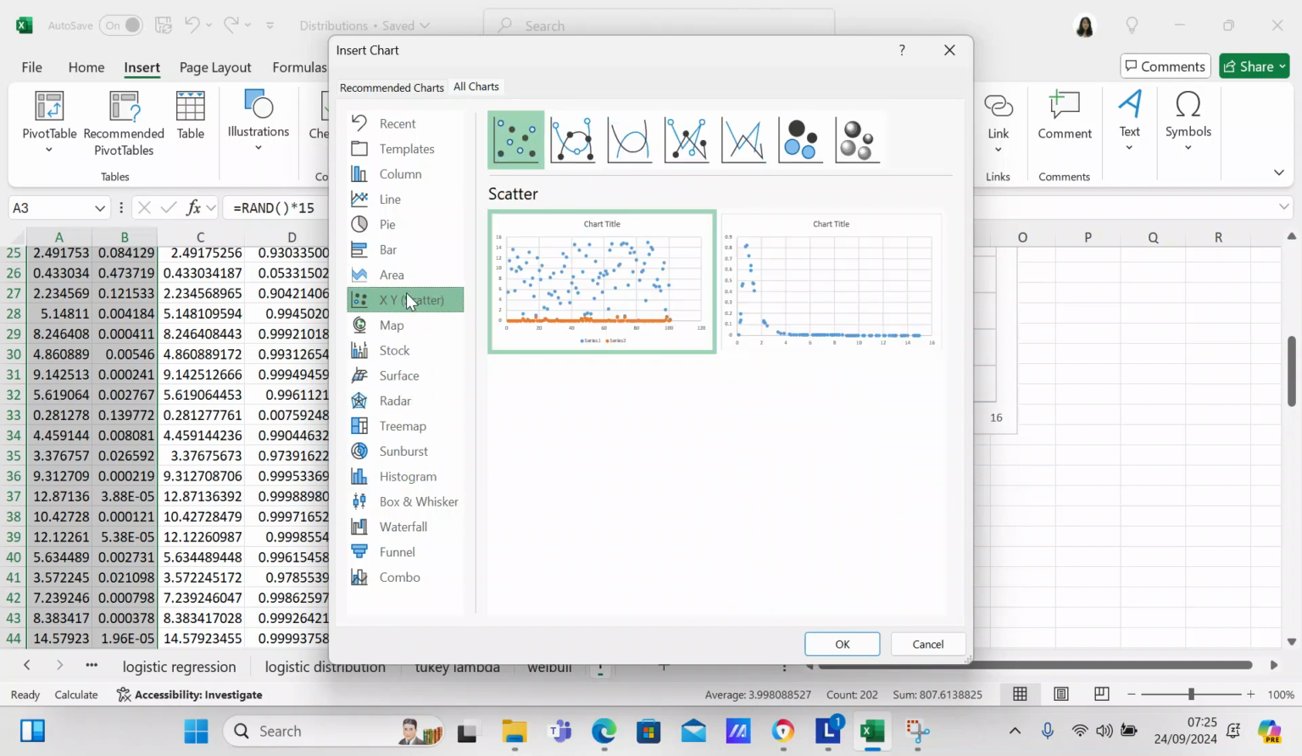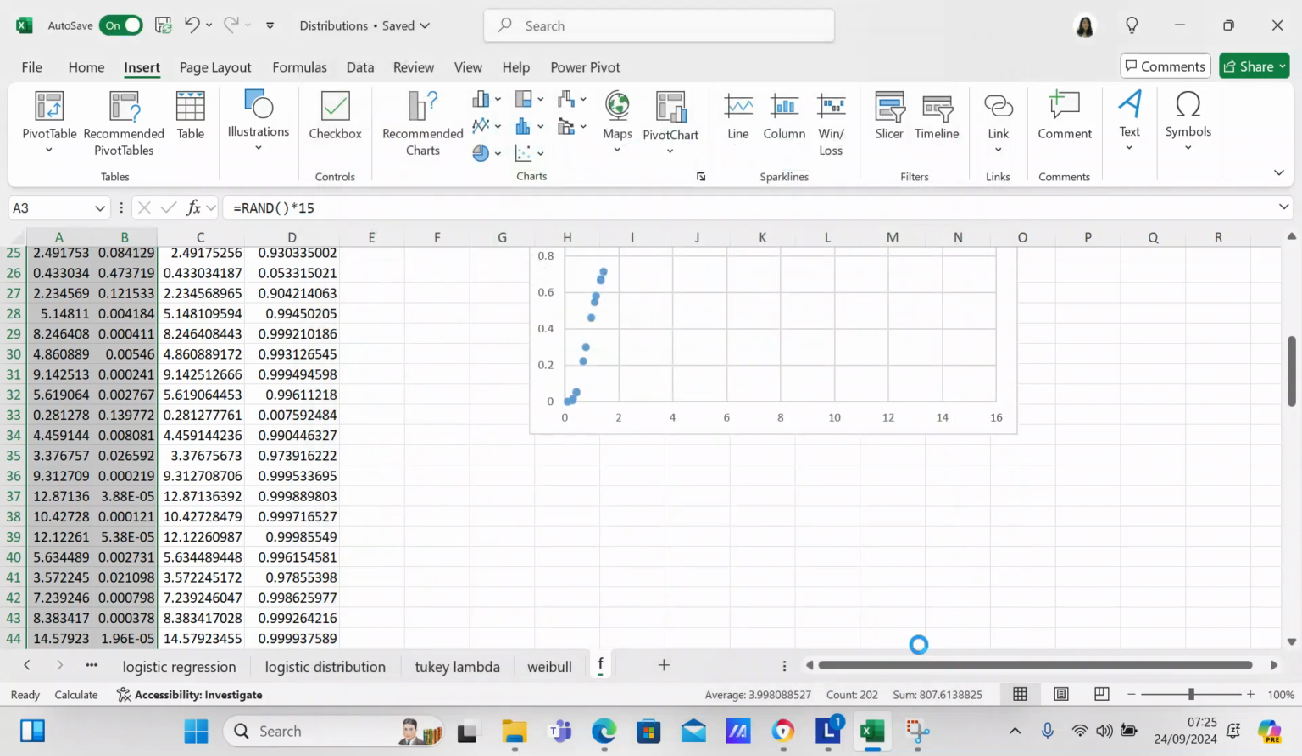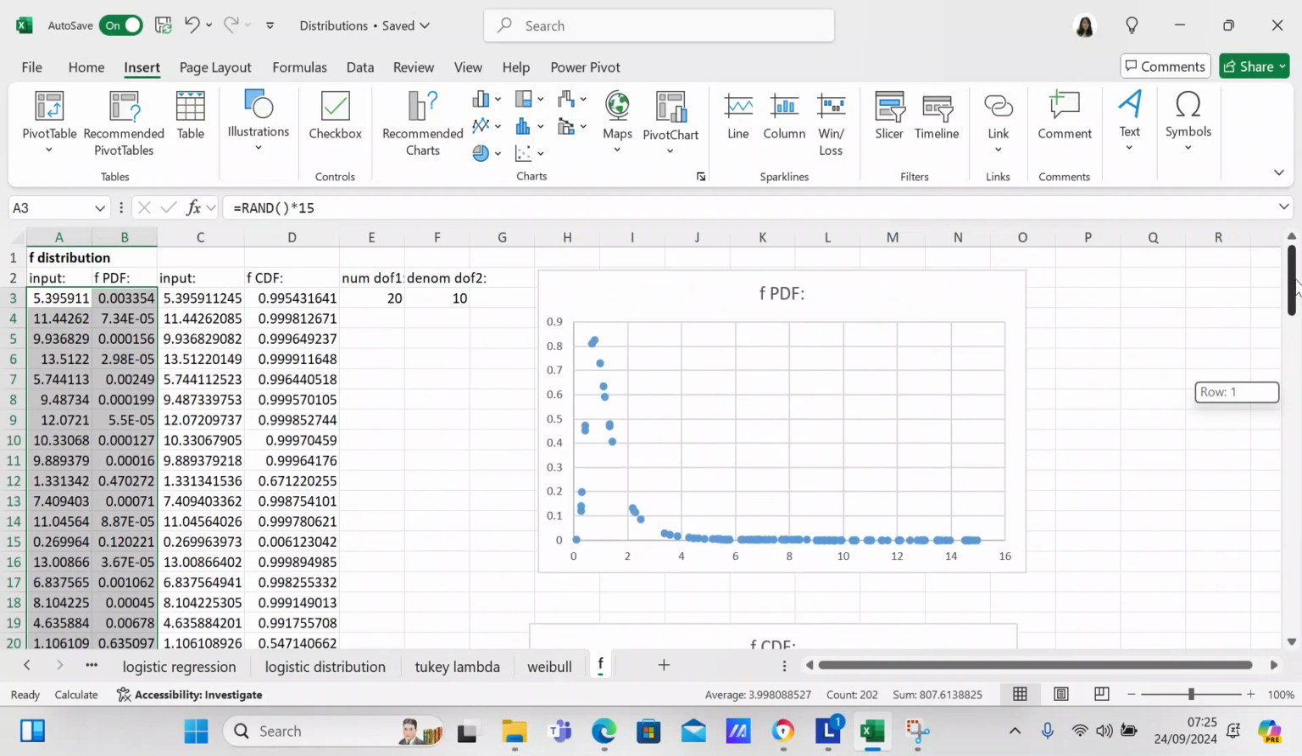So we'll just stick with the scatter plot. We've already got it. But what you would do is click OK, and then you would get yourself a new scatter plot, which I'm not going to do because I've already got one. So if you want to make a graph of the CDF,